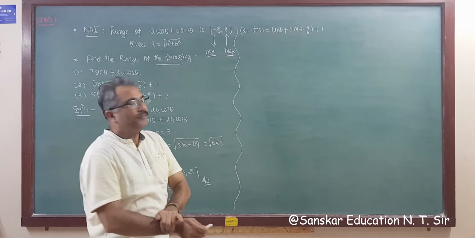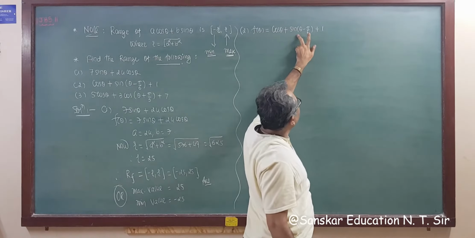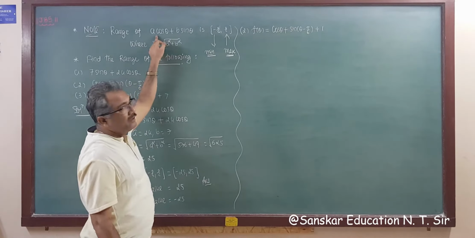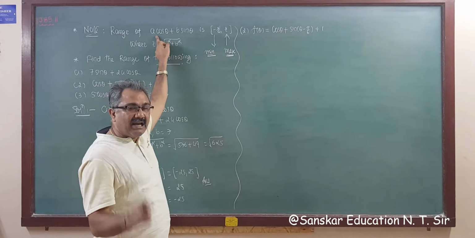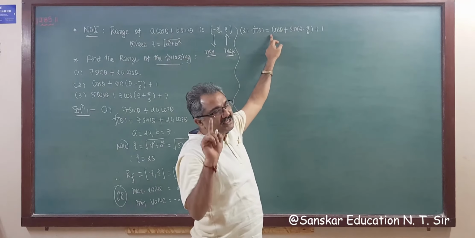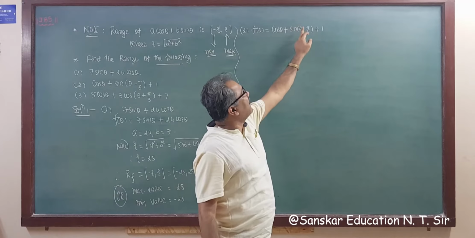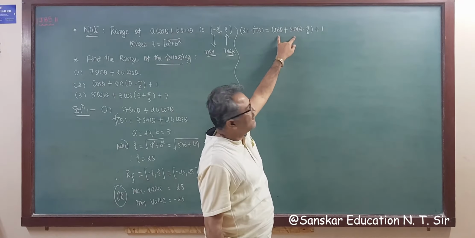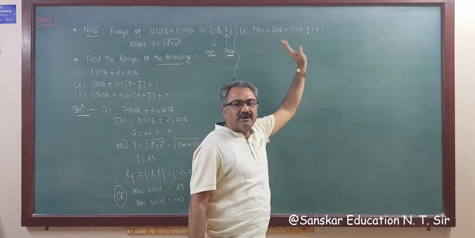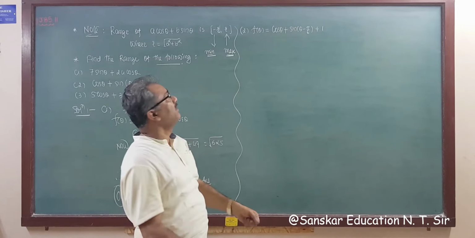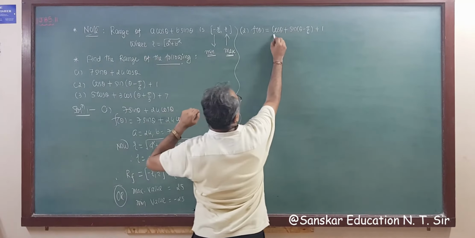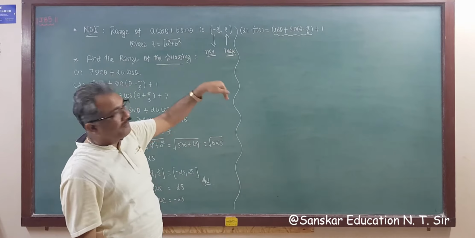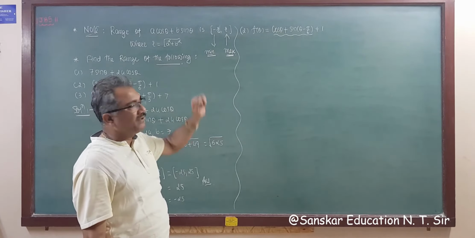Right? Now this is not in proper form, because the proper form we require is a cos theta, where the coefficient of cos is 1, and b sin theta, but the angle here is theta minus pi by 6. So we first simplify this and then find the range, because we have a formula only for a cos theta plus b sin theta. Then we can add 1 again to find the range of this function, right?